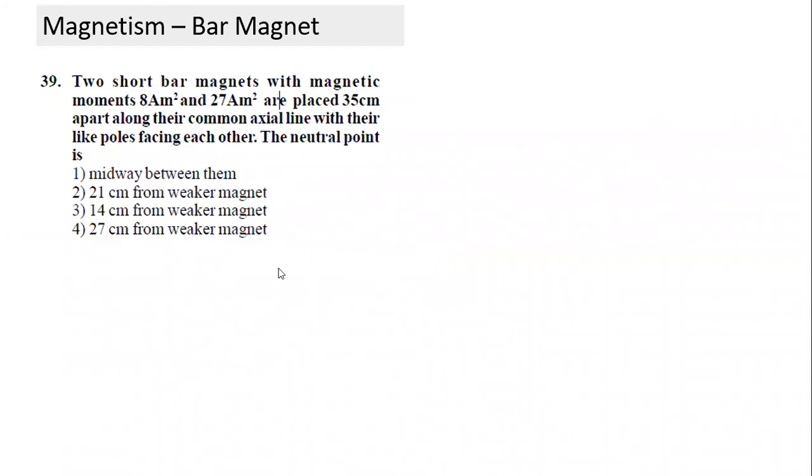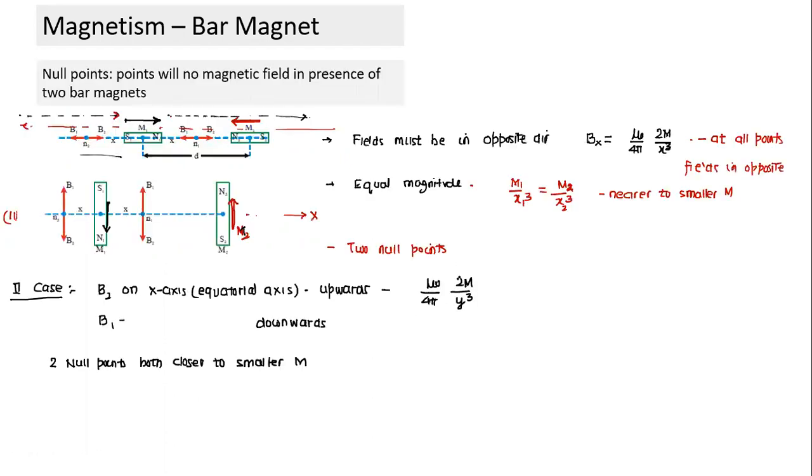Sir, on the equatorial axis, will the formula be 2m or m, sir? It is m only. Sorry, I wrote it wrongly. I should be reminded quickly when I am saying something and writing something else. On the equatorial axis it is m only. That's why the only change appears. It will be m only. How can it be 2m? It's my mistake. Okay.